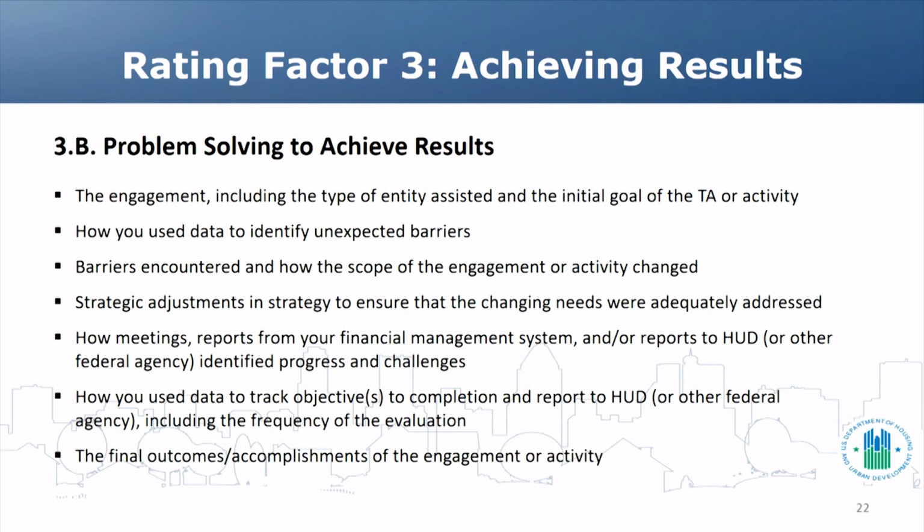For 3B, you should include the following in your response: the engagement, including the type of entity assisted, such as a public housing agency, and the initial goal of the TA or activity. Describe how you use data to identify the unexpected barriers, the barriers you encountered, and how those circumstances changed the scope of the engagement or activity, how you adjusted your strategy to ensure that the changing needs of the customer